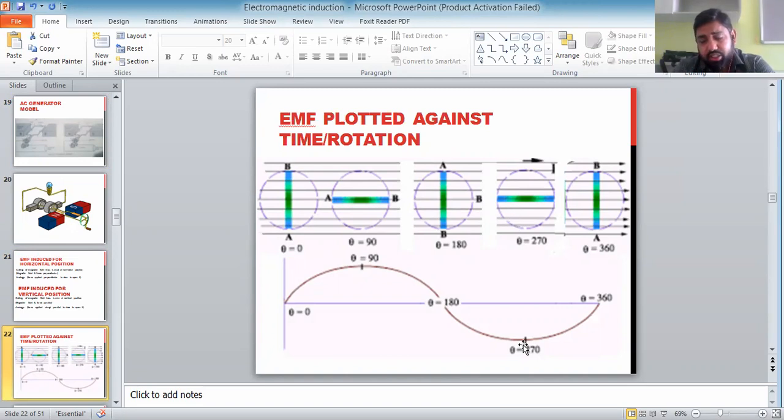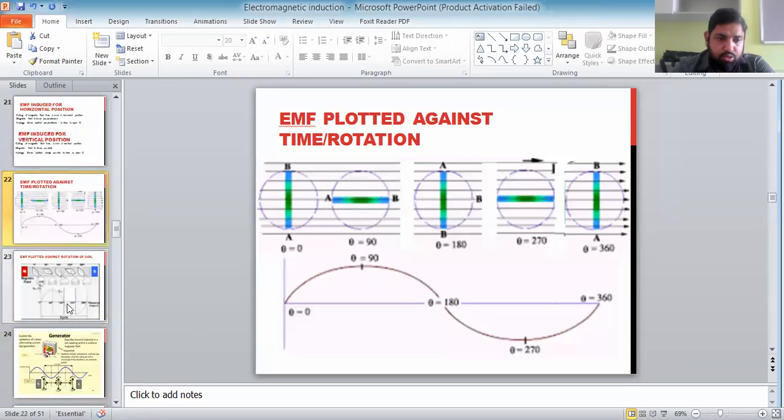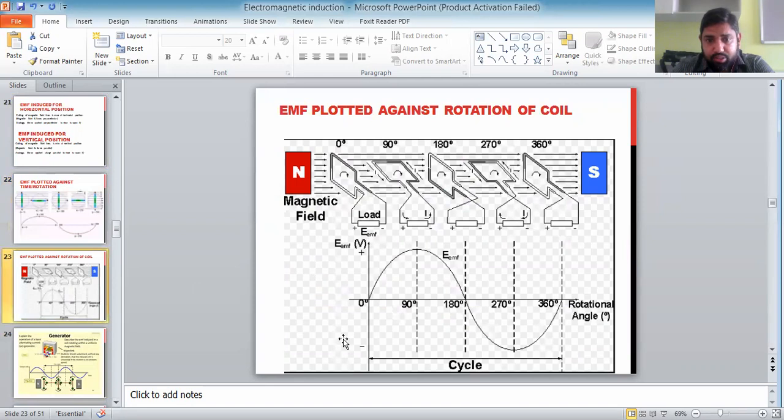We have seen in our previous diagram that when coil flips 180 degrees, then EMF will be induced in opposite direction. So we have discussed 5 positions here, that is total 360 degrees rotation. In vertical positions, EMF is 0 and in horizontal position, EMF is maximum. But if it is flipped 180 degrees, then EMF will be opposite direction. So that's a more clear picture. You can see that graph is drawn for EMF against the rotation angle: 0 degrees, 90, 180, 270, and 360 degrees.